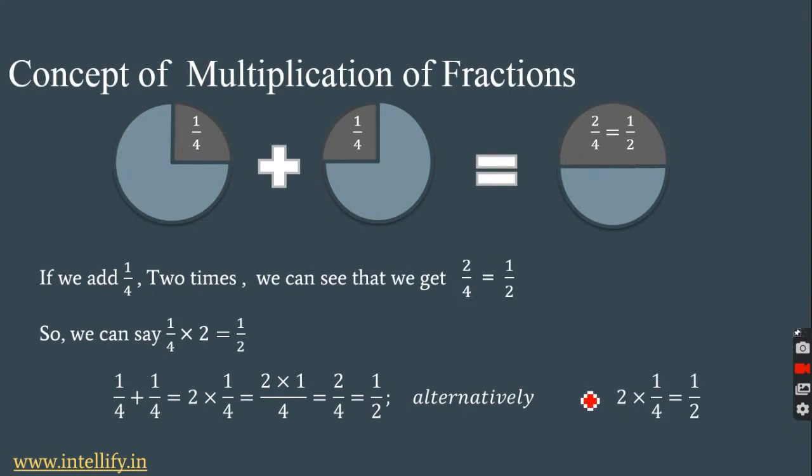We could have reduced this before any multiplication with the numerator. So we can divide the whole number with the denominator by 2 and get 1 over here and 2 over here by previous calculation. Now we can multiply the numerators. So 1 into 1 makes 1 and the denominator is unchanged. So 1/2 like before. This process is much easier as it reduces the amount of calculation needed to be done.